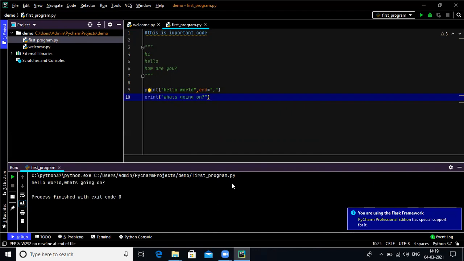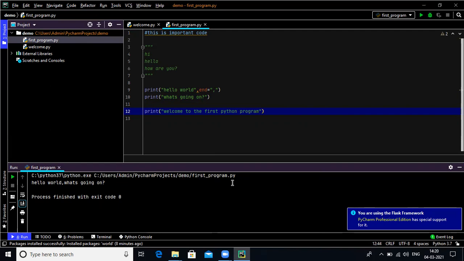Now see, if I don't want a number of print statements over here, I can just write multiple messages in a single print statement. This is also accepted in the Python language. So how can we write this? Now see, I'm writing another print statement, that is, welcome to the first Python program. This is my first statement.